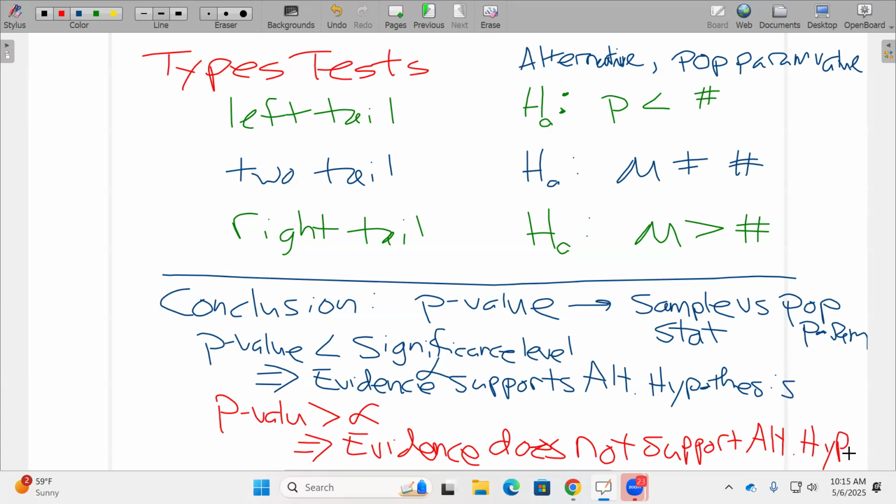And we have to get used to loading this data in StatKey, doing the comparison, picking the test, and then making a conclusion. And we're going to work on this pretty much every week till the end of the quarter. But next, we're going to do a couple more examples of this. Yeah, that's a good time for a quick